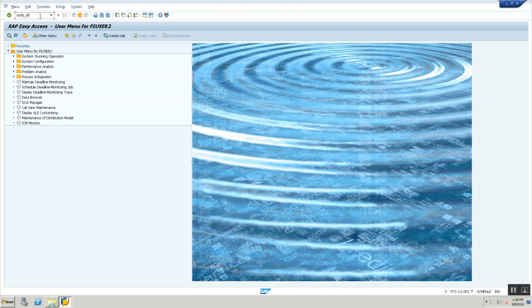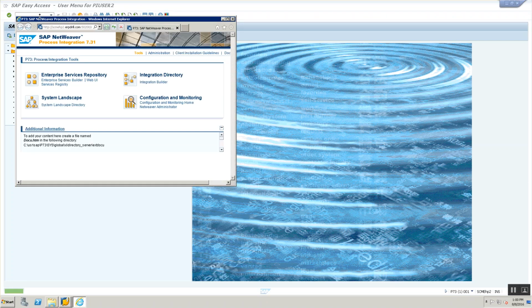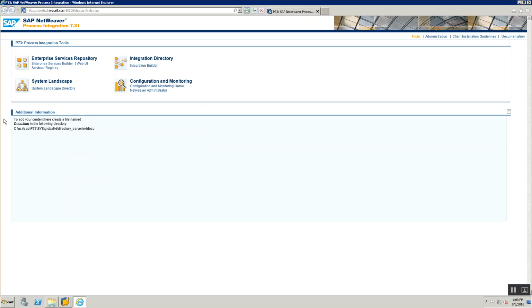Enter SXMB_IFR and hit enter. Your browser would open and you would get this particular page. Internet Explorer has opened and I've gotten this page, which is my PI homepage from a Java stack perspective.